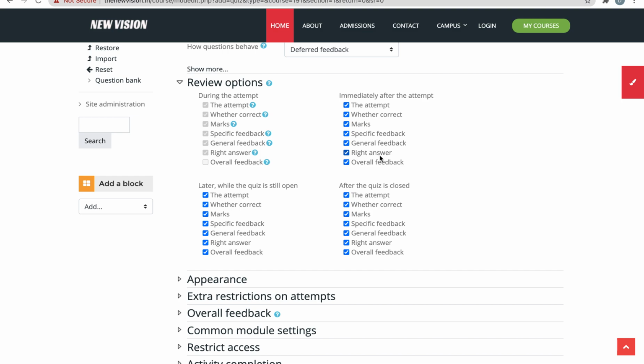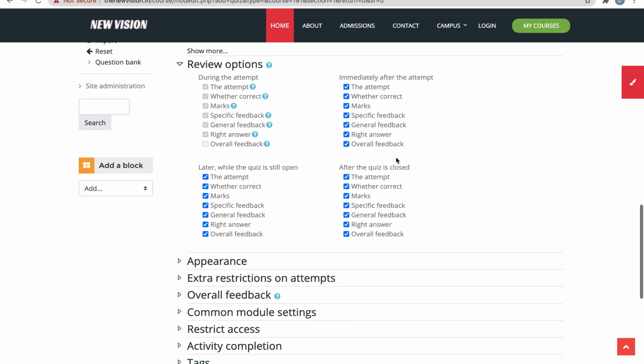And then right answer. I have a multiple choice question. Four multiple choices are there. I have chosen one option that is wrong, and after submitting it, should the website tell me what the correct answer is, yes or no? That is here. If you tick it, it will display. And similarly, overall feedback is the summary of the exam. Okay, these are the options. Whichever you wish, you can check it or uncheck it. So this is immediately after the attempt, and these are the same options below